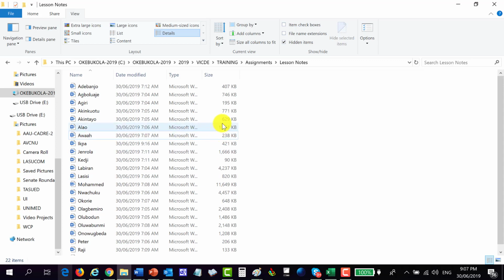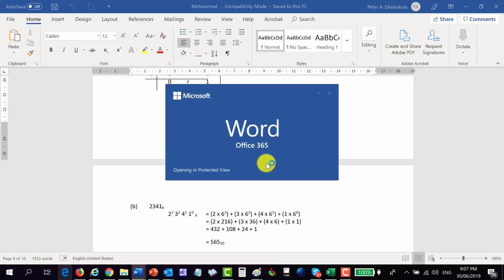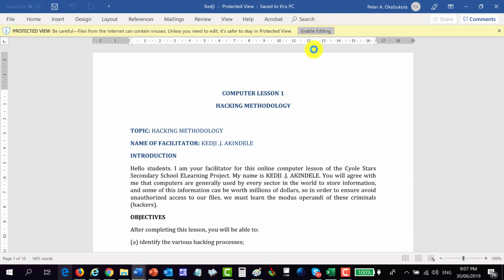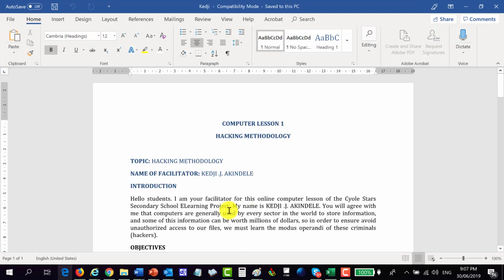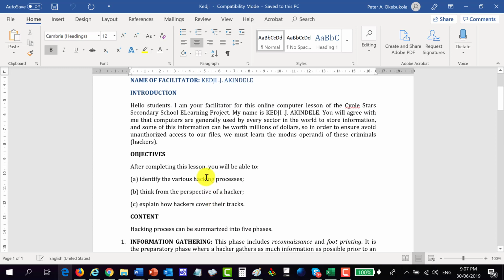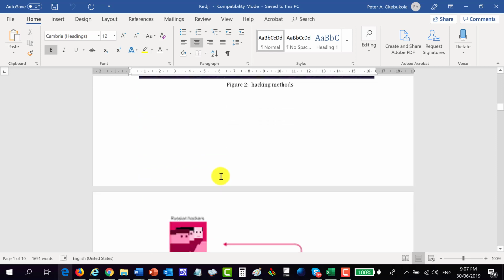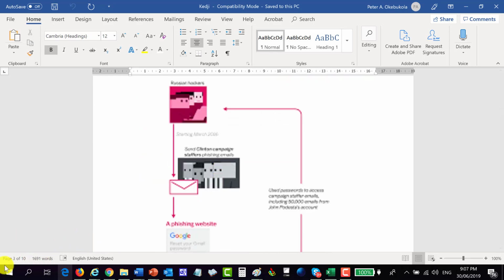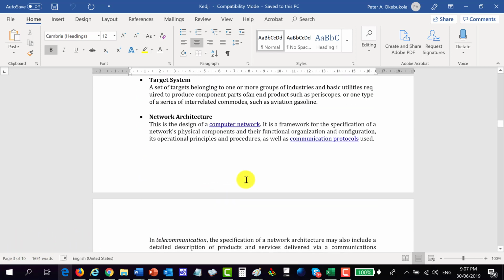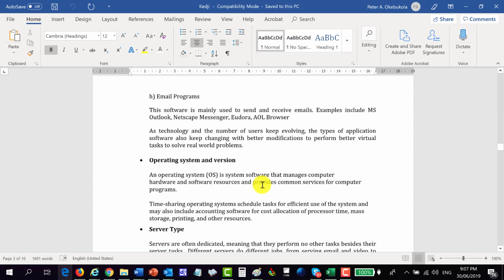Now, let's look at a few. Agiri is 195 kilobytes, so it's well, actually kg is just 90. So let's see what kg has here. kg is loading. Yeah, kg is hacking methodology. So you can see that's kg. You have this good picture. This one, fine. And you can see there are 10 pages too. So you can actually keep your file size